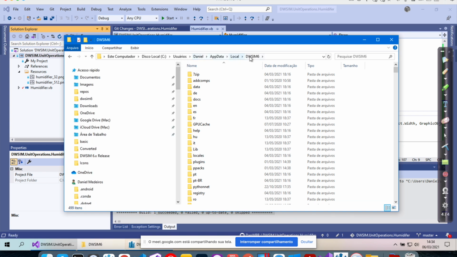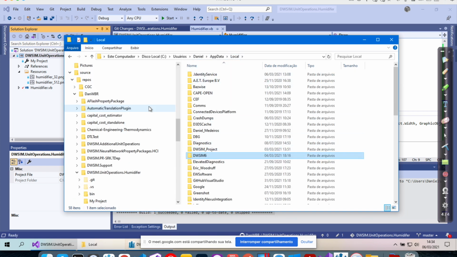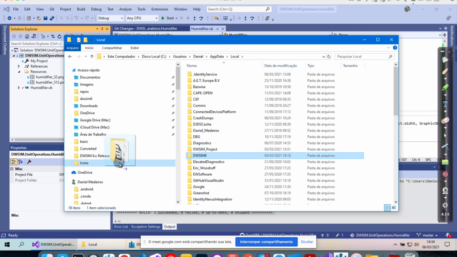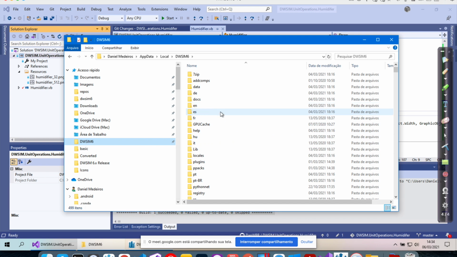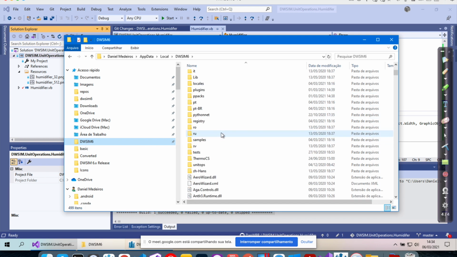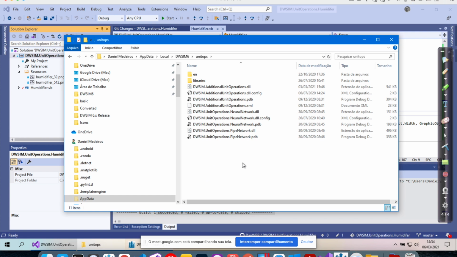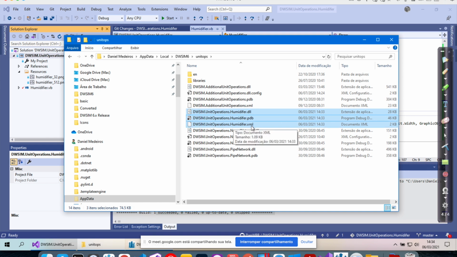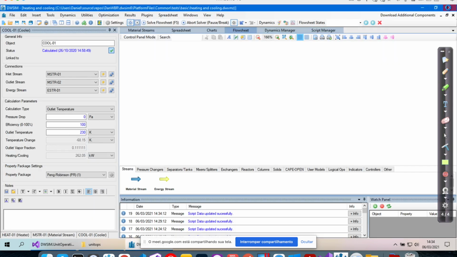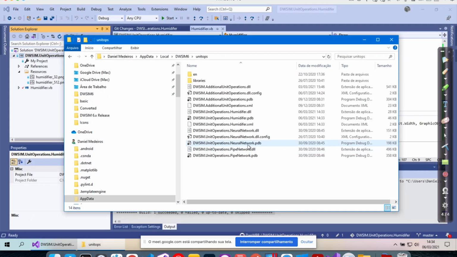I think I'm going to add it, yes, because we will do this a lot. So here in the DWSIM installation folder, you will find a folder called unitops. This is where you put the new library. Okay. Now I'm going to close the DWSIM and open it again. Oh, I